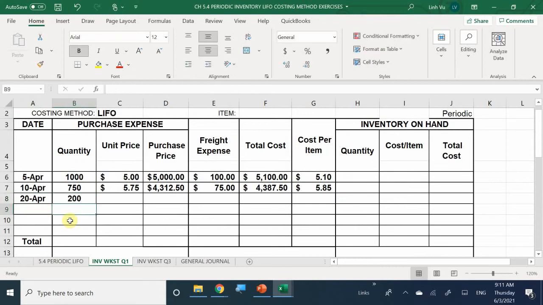We purchased 200 units at $6 each with a freight of $20, I think. So here, what is my purchase price? $1,200. Total cost, $1,220, bringing me a cost per item to be